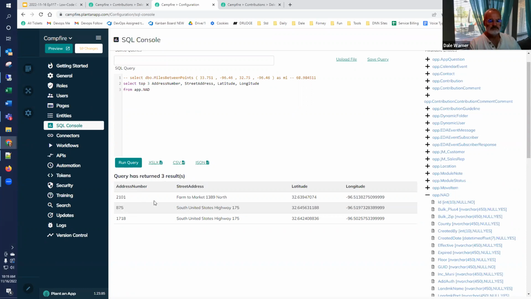We have some street. The address number has the actual number of the address, 2101 Farm to Market, 1389 at latitude and longitude. So we've pulled some basic information, and now we want to see this function work. Well, you can use, that's why I kept it here. We want to use a little copy and paste, because we also want to use the miles between points to go from whatever this arbitrary point is, I don't know, it doesn't matter, for this testing purposes, we're going to say